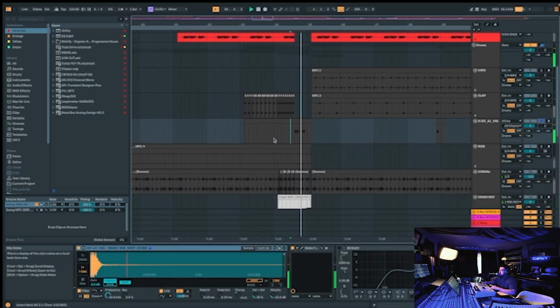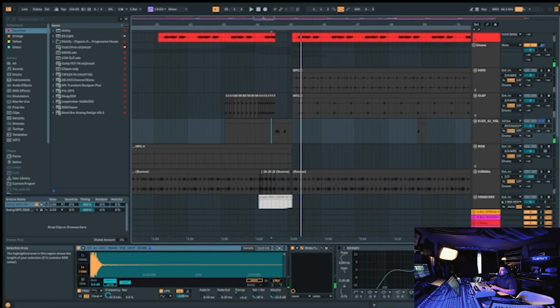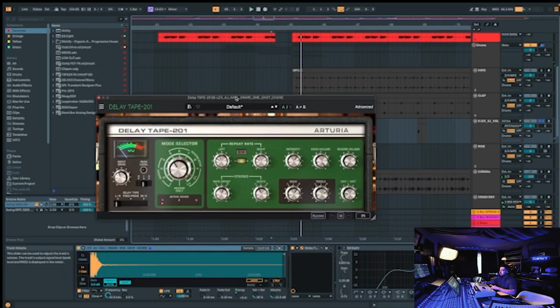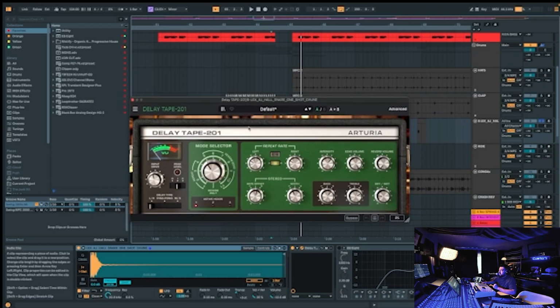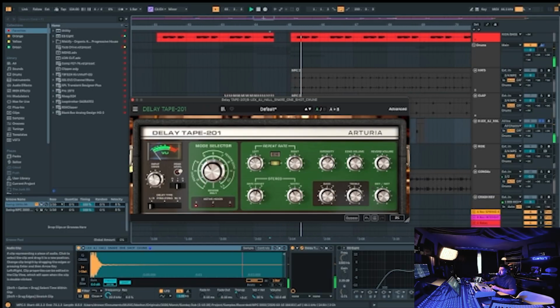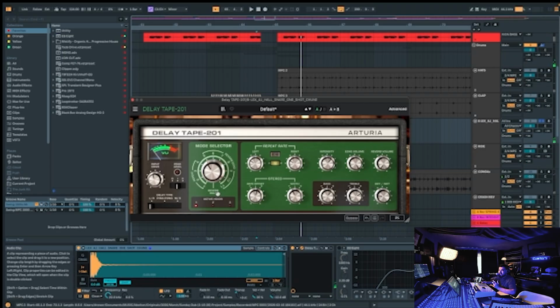So it's just adding. And then the delay we're using is the Delay Tape 201, which is obviously the Space Echo from Roland, but the Arteria version. And then you can see my settings here. To take full advantage of this plugin, turn this preamp on, and then you get a lot of vibe coming out of the unit, right? So turn it up 6 dB. Make sure you're getting a little peak level going on,